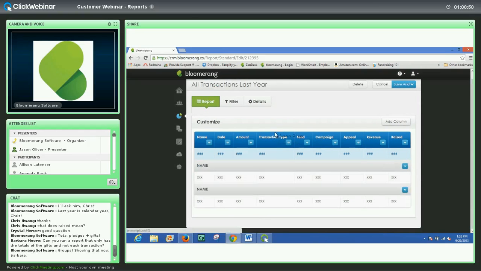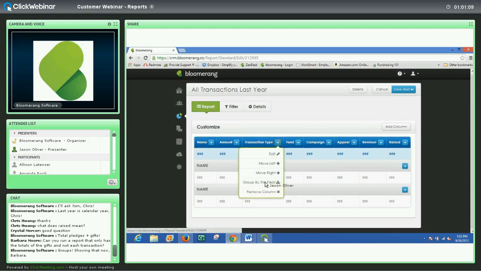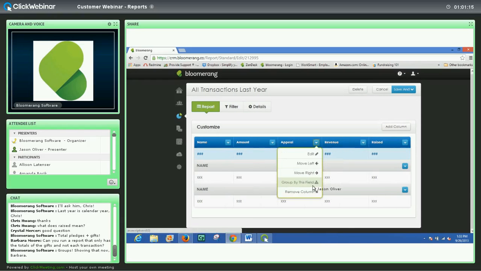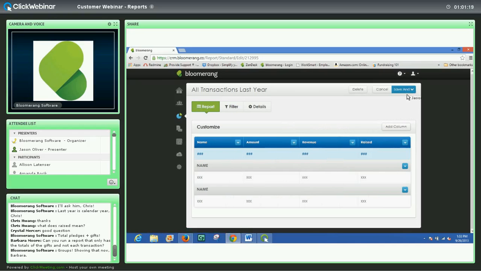What this gets me is essentially all those transactions are going to be smushed into one. So a lot of these columns now no longer make sense because I may have different transactions to different funds, campaigns, appeals with different dates. Different transaction types. So it's probably a good idea to remove columns like that aren't really collapsible. And now, if I run this,